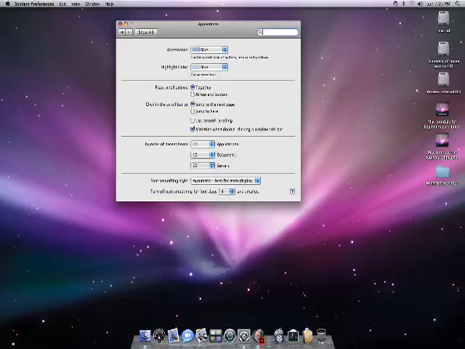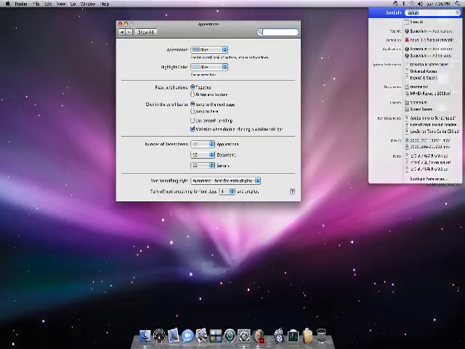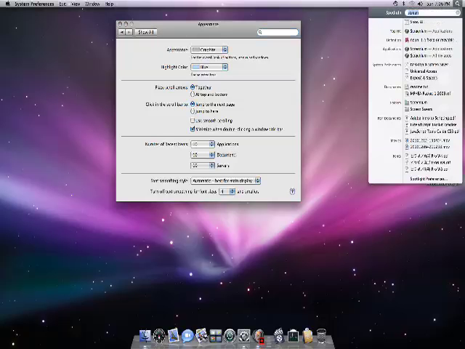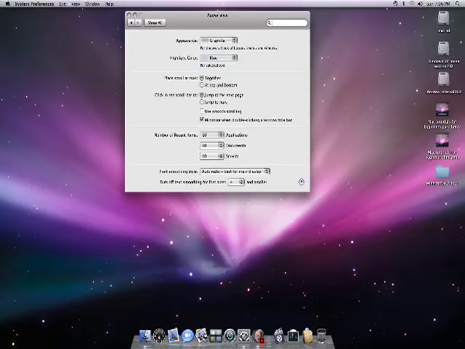This is just a simple little pane, and it's pretty nice. You can change the color. You can see right here, around this little oval, it's blue. Well, I can change it to graphite or blue. Those are the only two choices. So here, I'll change it to graphite, and now you see my spotlight is kind of a gray color,